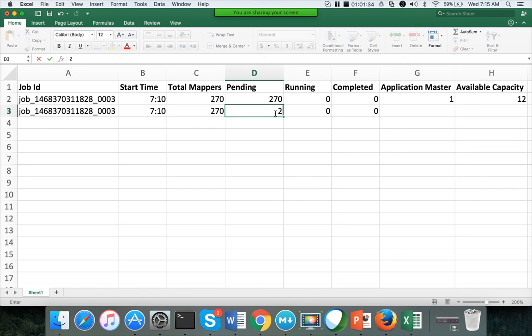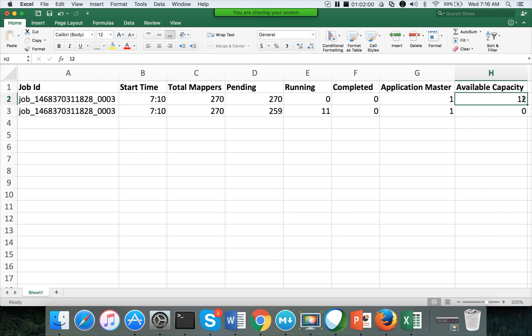It will not be immediate. It means it will submit one task at a time, and by the time it completes the capacity, it will keep on increasing the number of tasks in running state until the capacity is reached. Okay, and completed will be 0 here. Application master is 1. Available capacity will be 0 because the entire capacity is being used.